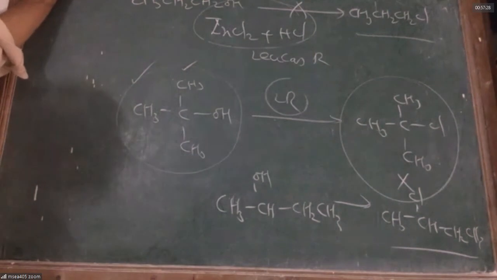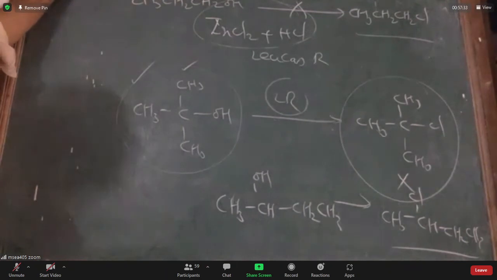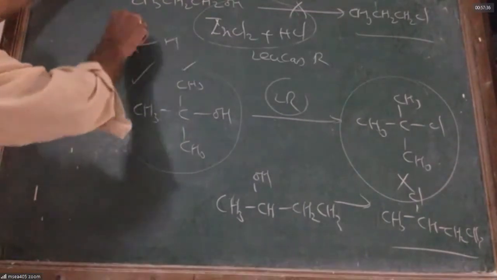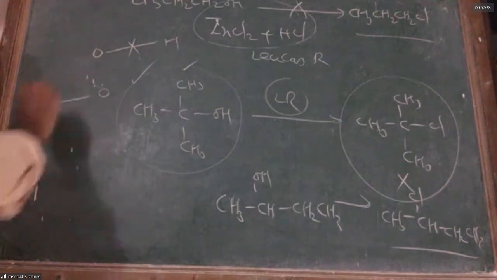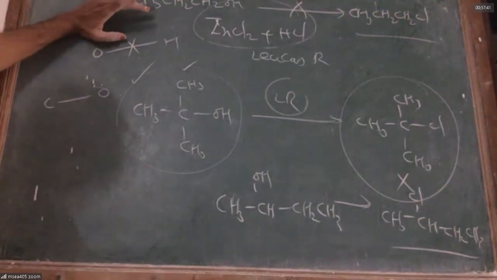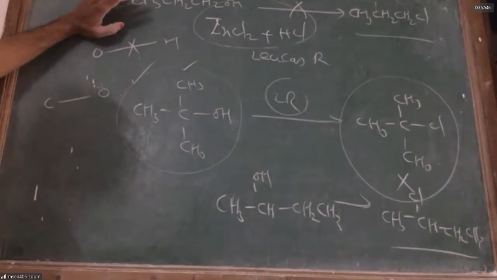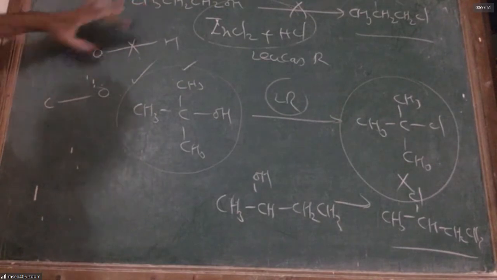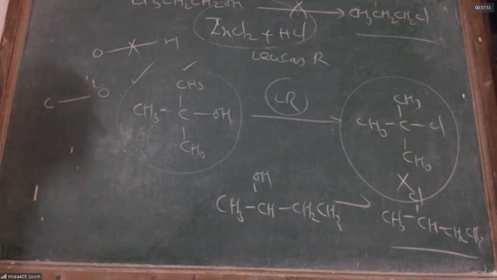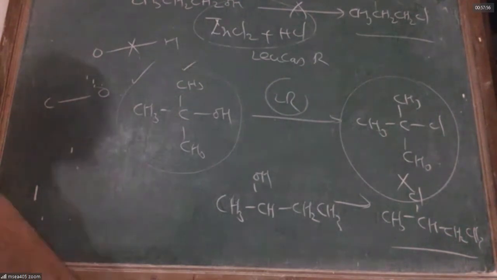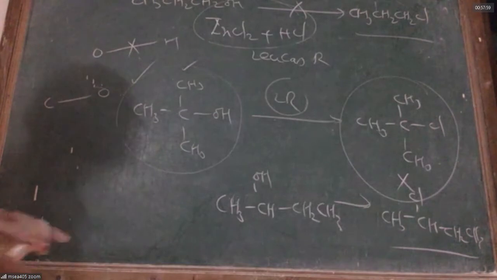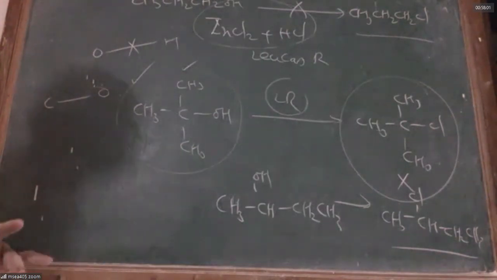So there are 3 types of alcohols: primary, secondary, tertiary. Alcohols show 2 types of reactions: reactions where the OH bond is breaking, and reactions where the CO bond is breaking. Where the OH bond is breaking are called reactions of acidic nature of alcohols. They are seen with sodium, magnesium, Grignard reagent, and acid derivatives. Reactions where the CO bond is breaking are seen with halogenating agents. A halogenating agent is one which replaces OH with X minus. Of all halogenating agents, SOCl2 is the best.